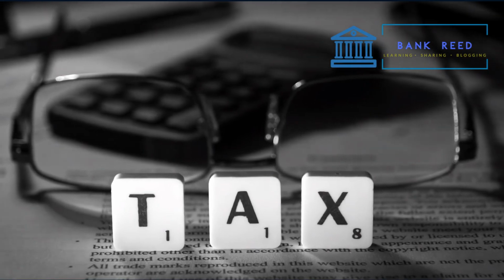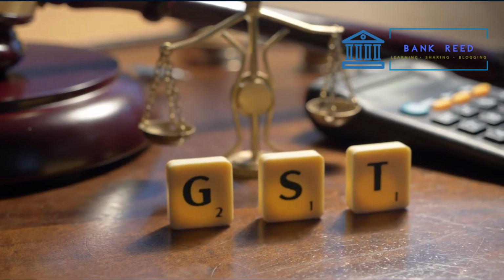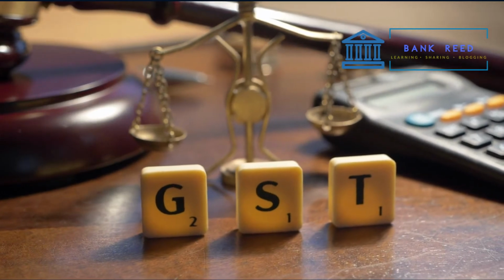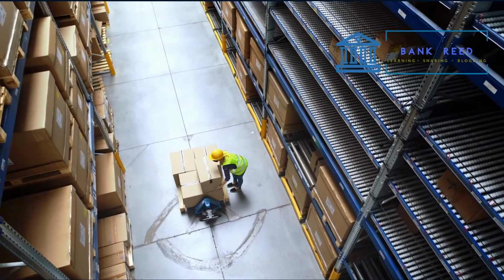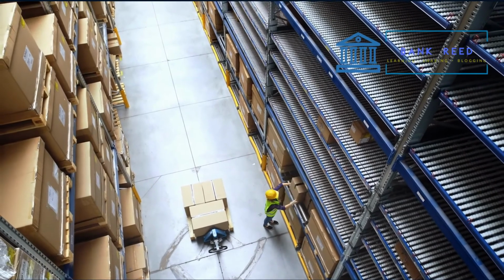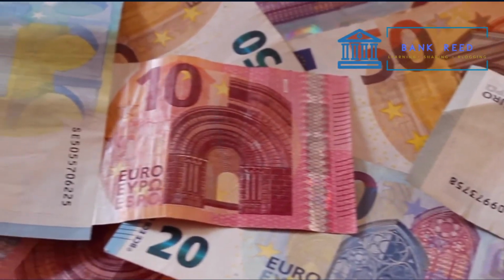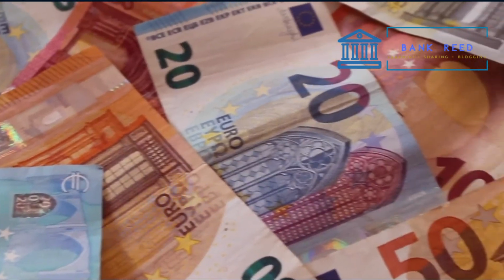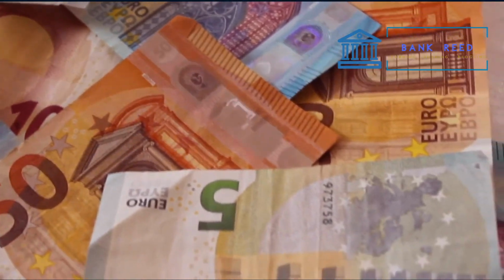The subsumption of entry tax by GST. On 1st of July 2017, GST, Goods and Services Tax, was implemented in India. It replaced a host of central government and state government taxes, including all forms of entry tax. Under the new GST regime, interstate movement of goods now attracts IGST, integrated GST. Intrastate transfers attract CGST, central GST, and SGST, state GST. The tax rate would depend on the product being moved between two different states.